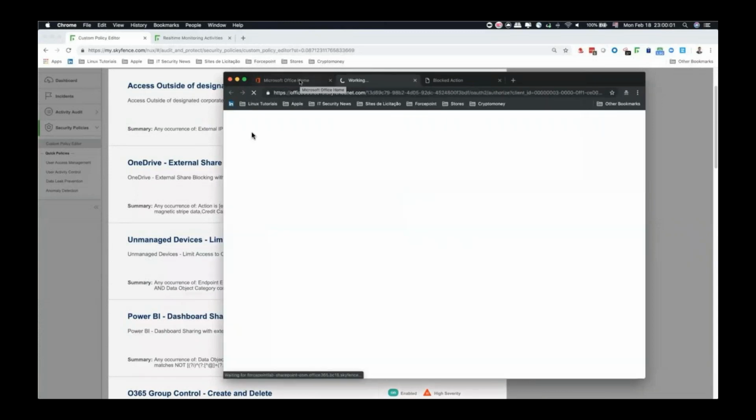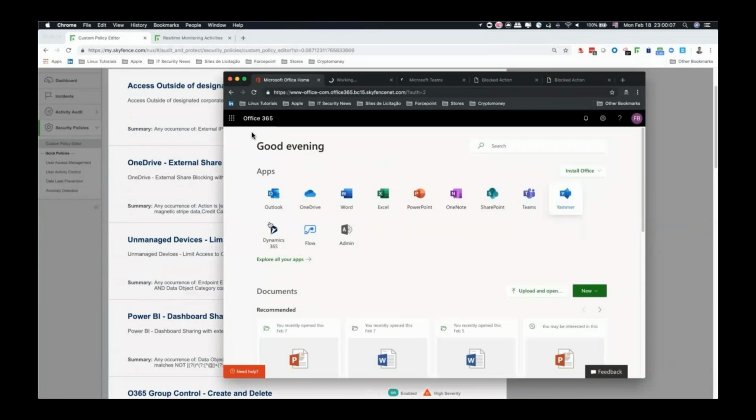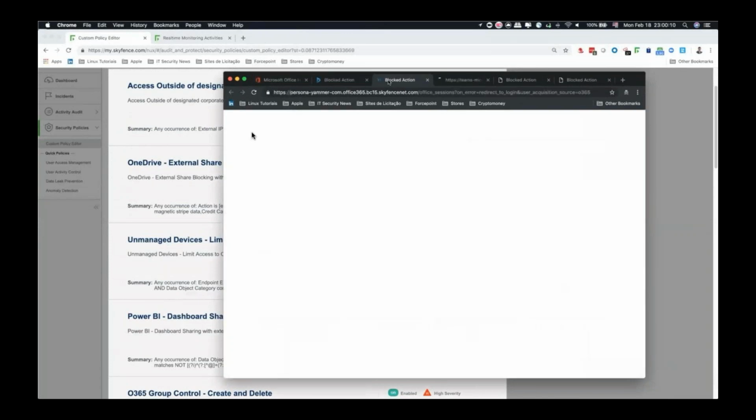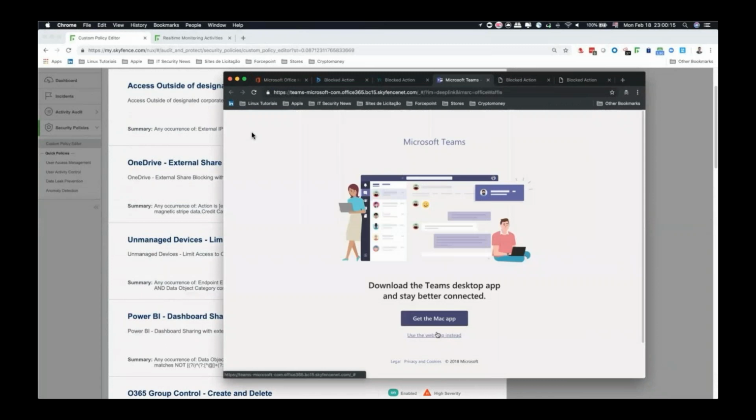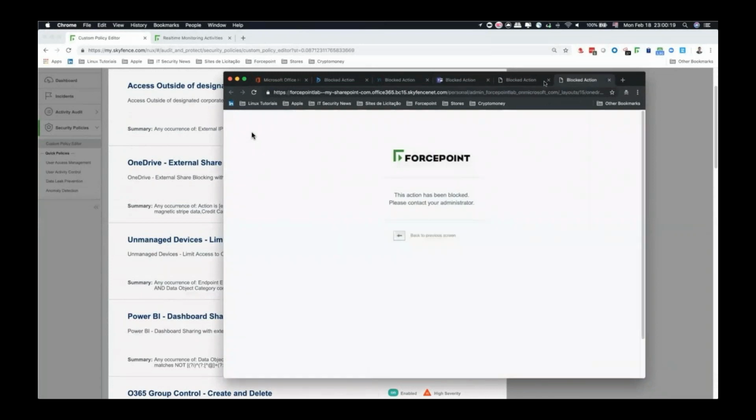So, for example, Teams. This is not something that can be accomplished using an API, because an API is always kind of after the fact. This has to be real time. So, giving real-time control. There we go. User trying to access Teams. Sorry, Teams is blocked. But what about Word? Can we write a Word document? Yes, we can.